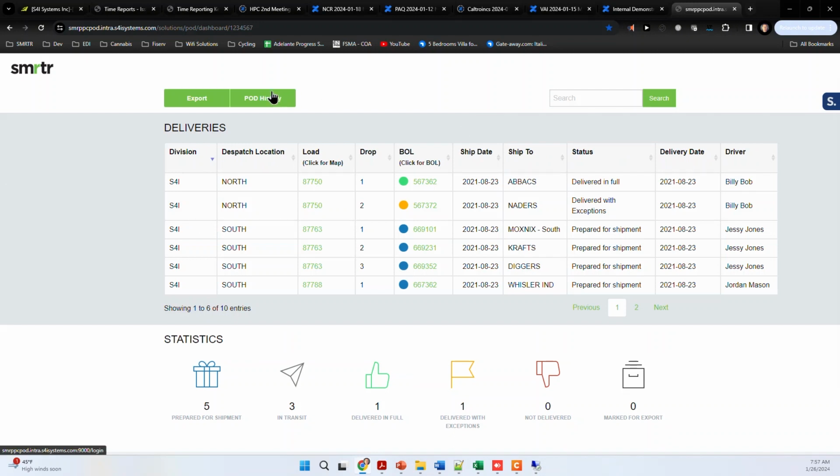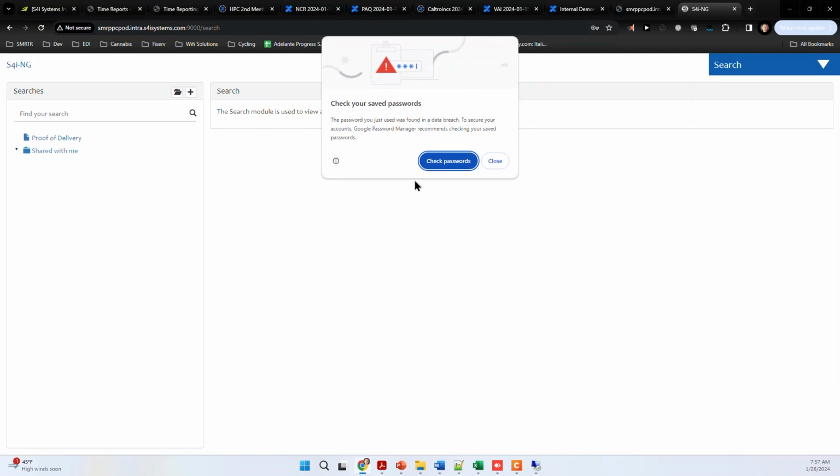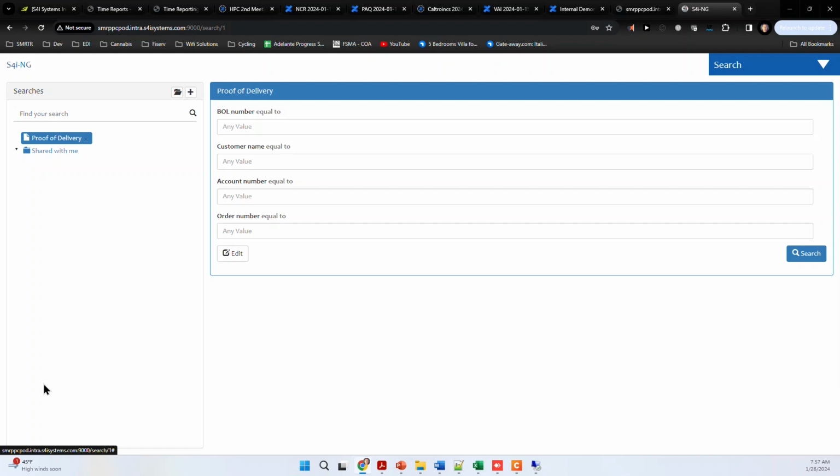Here I have POD history. So what this is, this links to our content management system. This is going to load up. And if I haven't logged in, I'll need to log in real quick. And when this pulls up, I can see I've got proof of delivery. I can have a multitude of other documents over here. In a real system, you're going to have a lot of different documents available for search. In this case, though, I'm going to pull this up, and